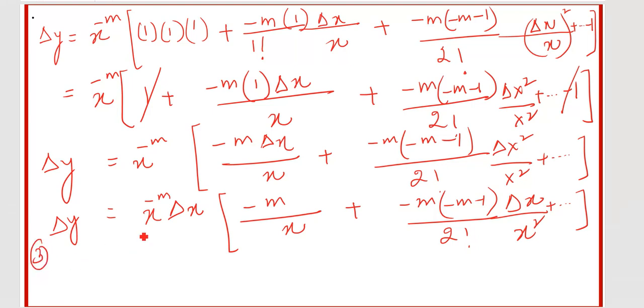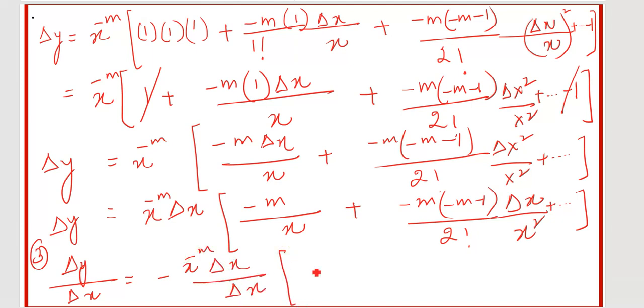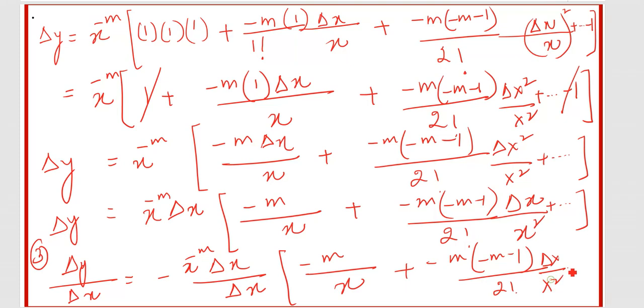Third step is divide both sides by delta x. So delta x minus m delta x over delta x, but it will be much better if you will write down here step number 3, divide both sides by delta x. I do not have a room here, that is why I skip. Okay, delta x over x square plus so on. This delta x will cancel this. Only what we have left now, we have,